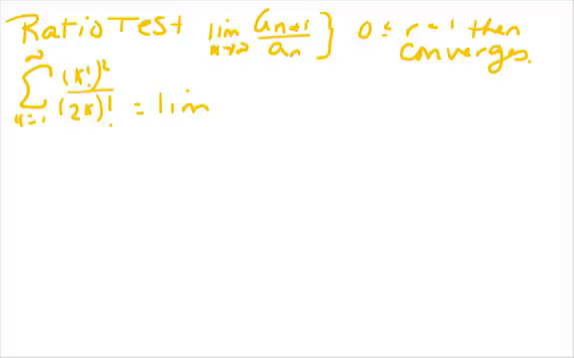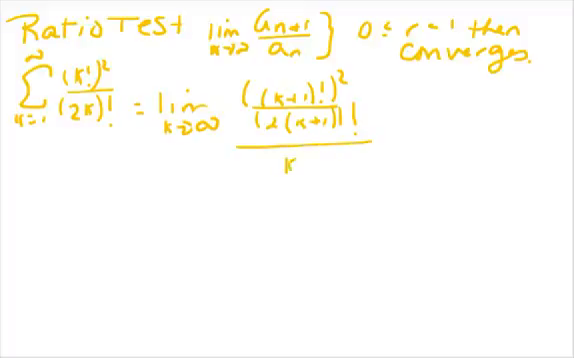I tried to go around the classroom on Wednesday to see if you were setting them up okay, and I think everybody was able to do that. So the limit as k goes to infinity: the numerator is (k plus 1) factorial squared over 2 times (k plus 1) factorial, over (k factorial) squared. This is just your a_n term in the series,